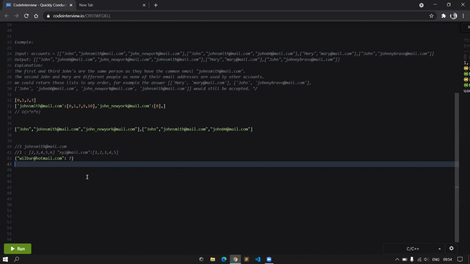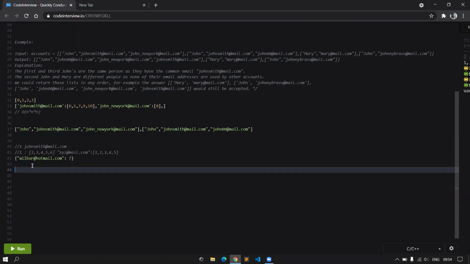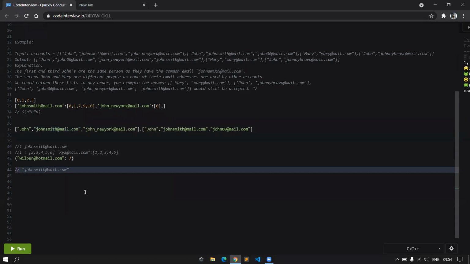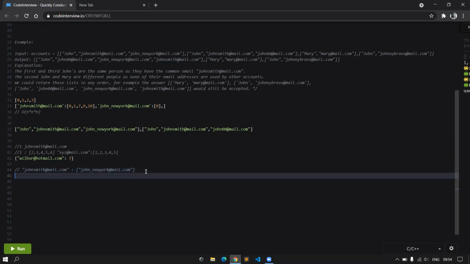All right. So now what we can do is use each of the email IDs as the node, and the value would be each of the corresponding email IDs in the list, and this is how we will construct the graph.